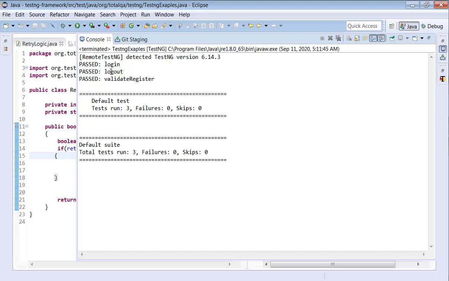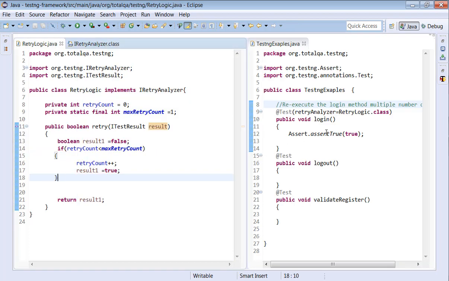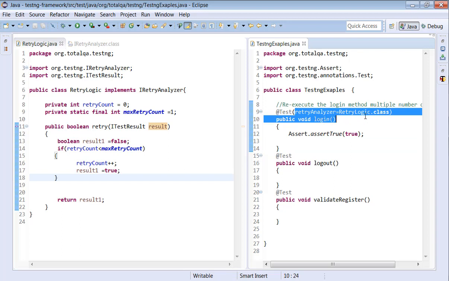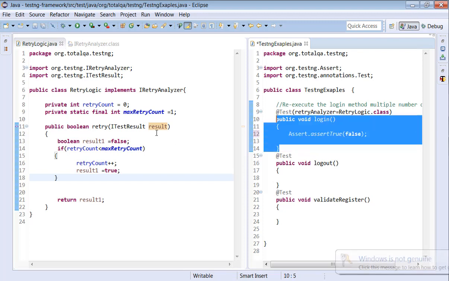Now login executed one time, logout executed one time, validate register executed one time. So when a test case is passing, even if you put retryAnalyzer, RetryLogic.class, this will not execute at all. It will execute only when the test fails.